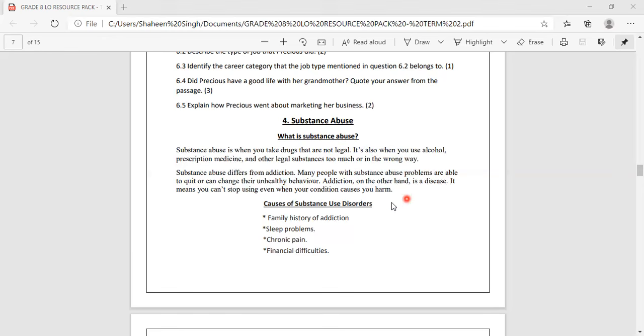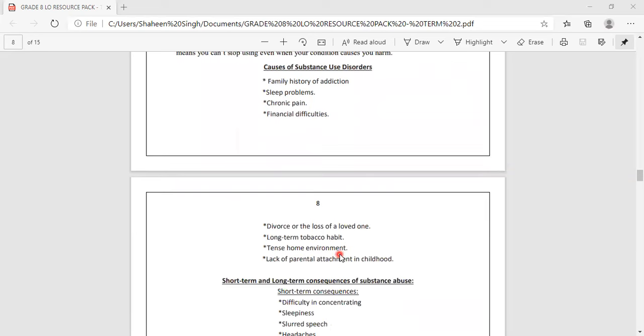The next question that we can ask ourselves is, what is the cause of substance abuse? Why do people abuse substances? Some of the reasons are a family history of addiction, sleep problems, chronic pain, financial difficulties or stress, divorce or the loss of a loved one, long-term habits, like a long-term tobacco habit or long-term alcohol habit, a tense home environment, and a lack of parent attachment or involvement in childhood. Negative peer pressure also plays a part, dear boys and girls. And that's why it's important, once again, to choose the right group of friends that promotes positive peer pressure rather